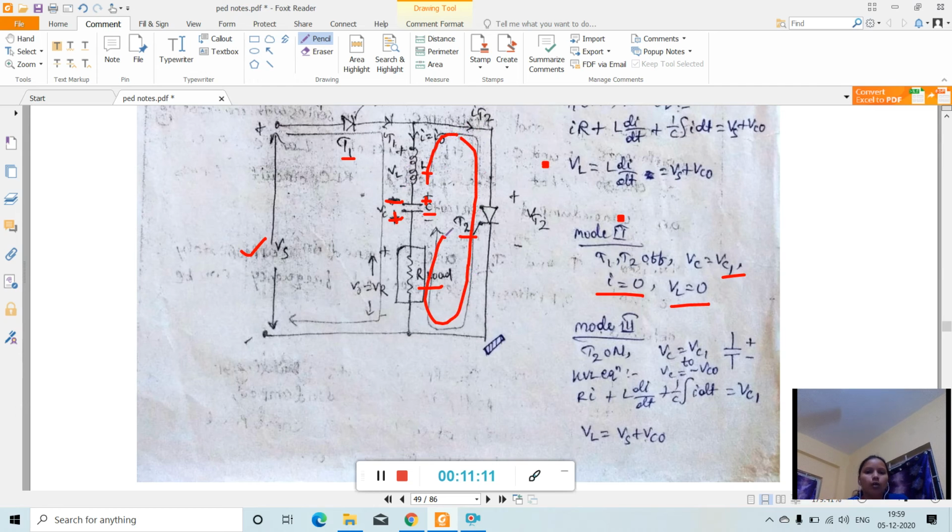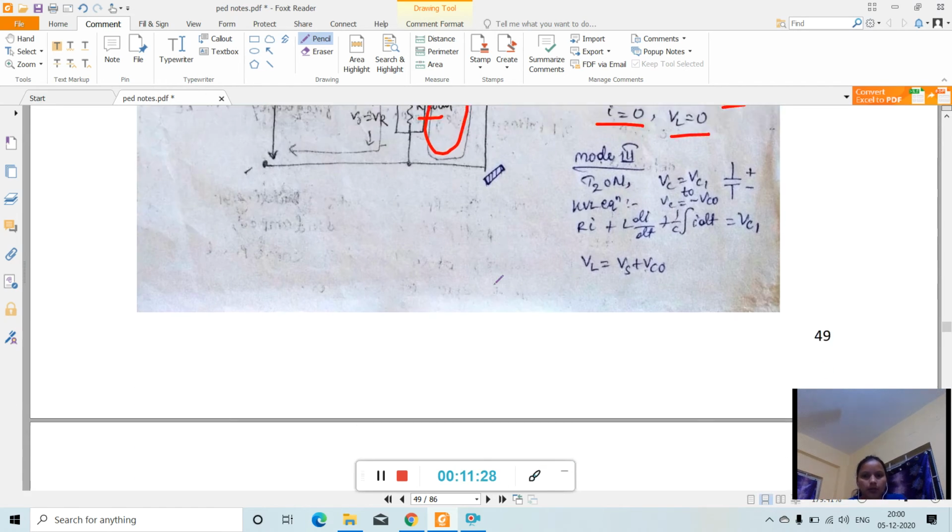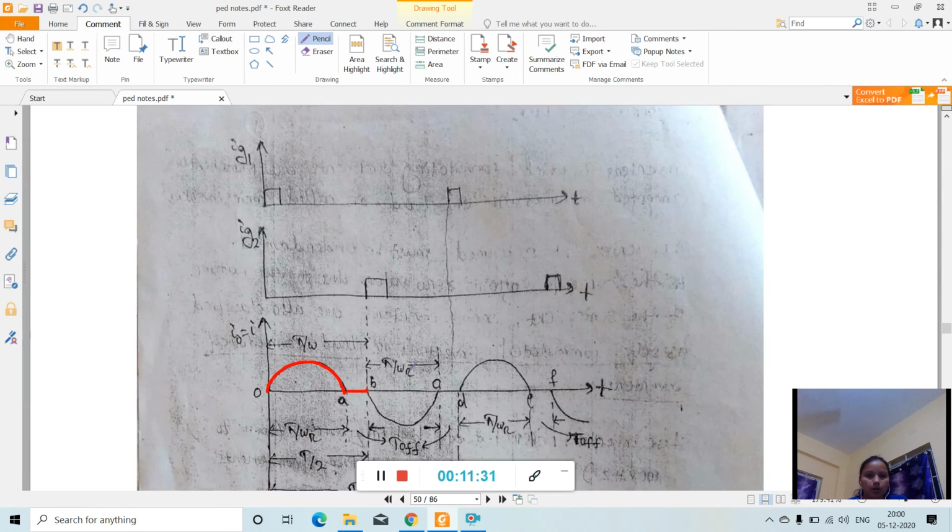This is the path. Now the current is in the reverse direction in this branch. The assumed positive direction of output current is downward, but now the current is flowing upward. So the output current travels in the reverse direction. This is the output current waveform. Here also, due to the presence of the capacitor, the current rises to the peak value in the reverse direction, and then decays to the zero level.